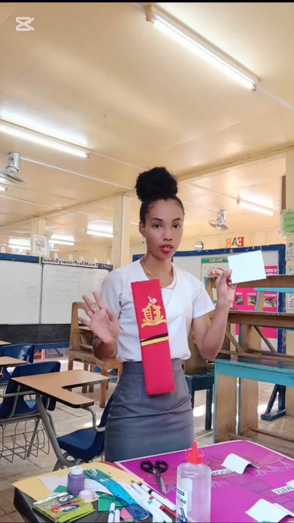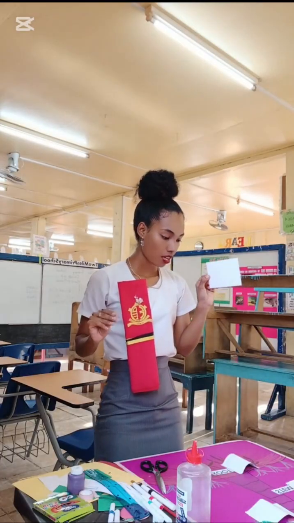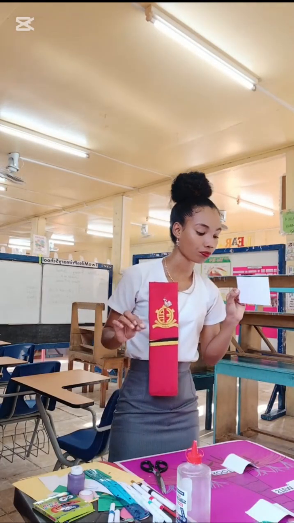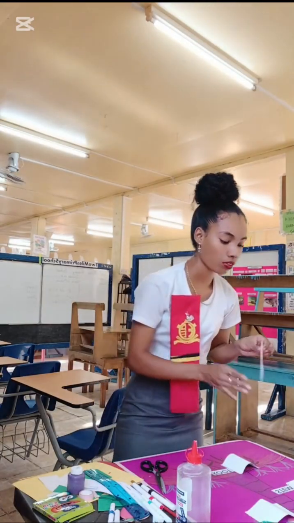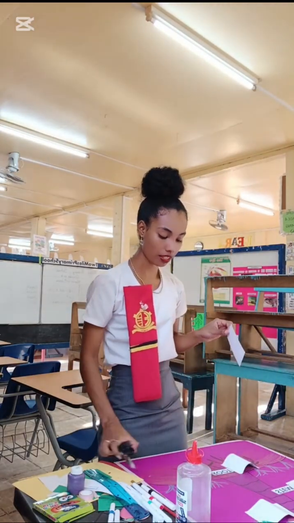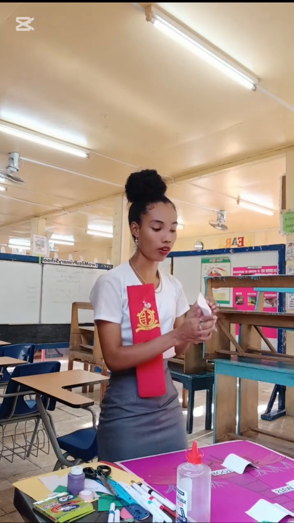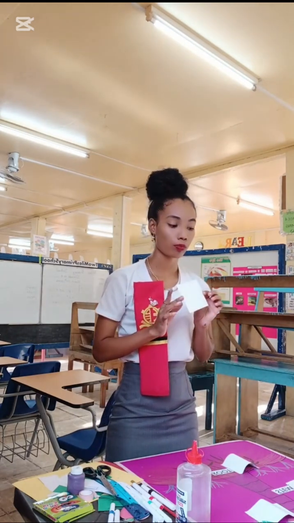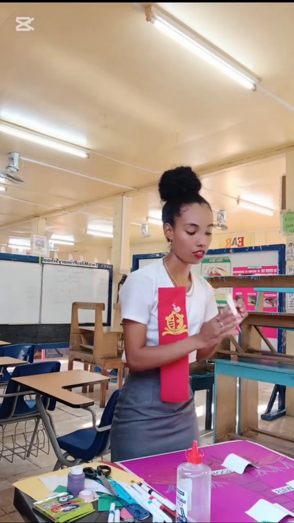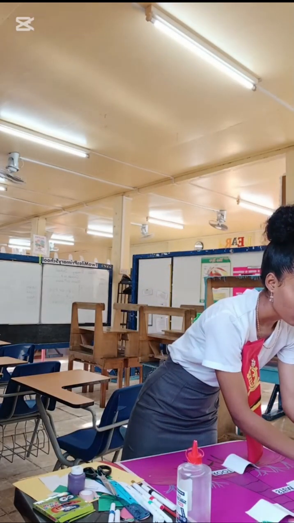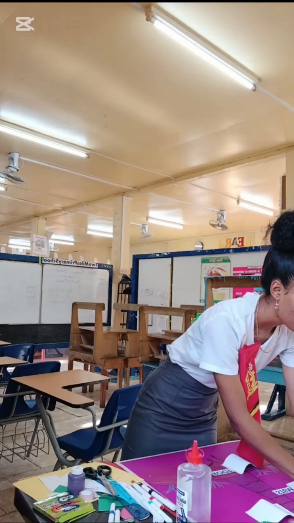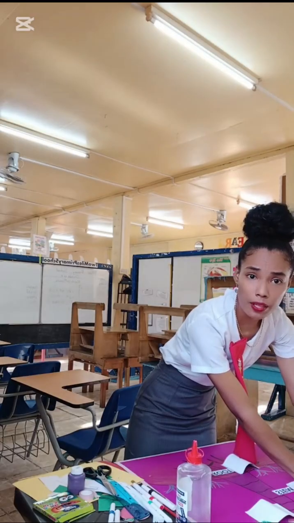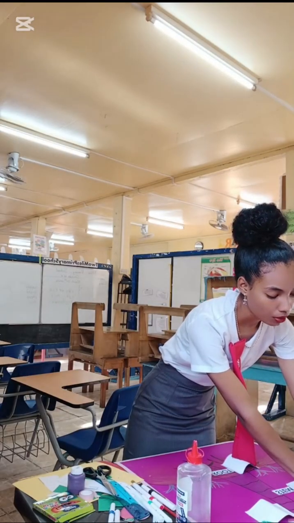So I'm pasting the last pocket on now. These are the little pockets that I said it's going to be like a little mystery. So they're going to have the parts of the plants labeled, and at the side of it it's going to have a little pocket, and inside of this pocket I'm going to put the functions of the part. So they're going to be wondering why that pocket is there or what is in it, and then they're going to see later on in the lesson that we'll be teaching